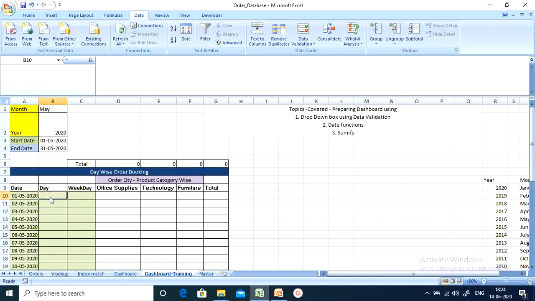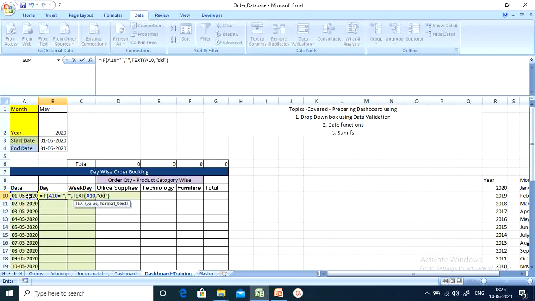Now if I don't want the full date to be displayed, and want to display only the day number of the current month, then I apply a simple formula; here also I am applying an IF condition formula. First, if this is blank, equal to blank, I want to display blank, else I want to get only the day, so I apply the TEXT formula, selecting the date, comma, and I want the date only there.